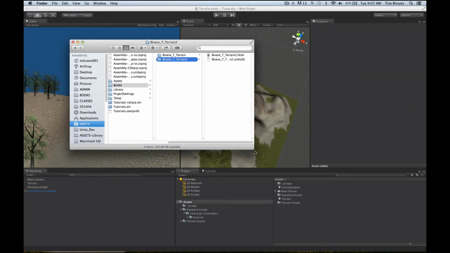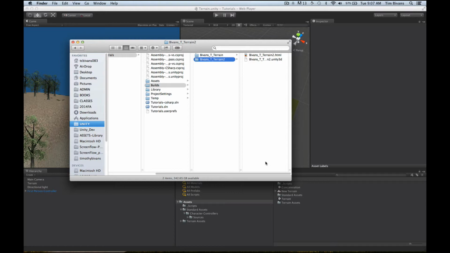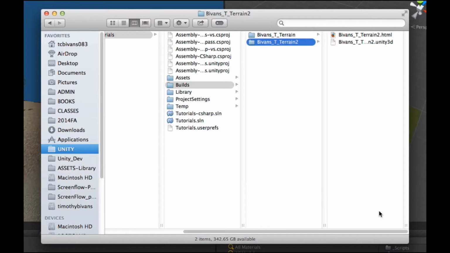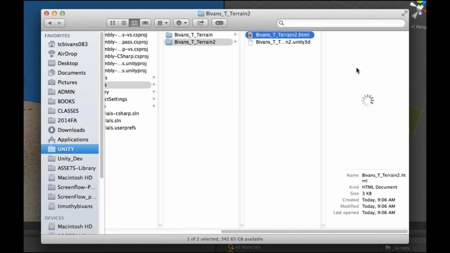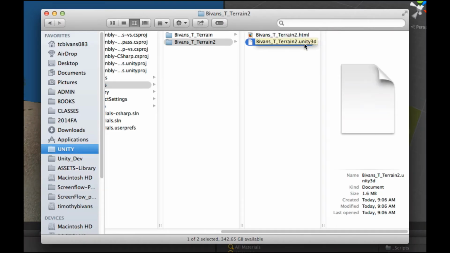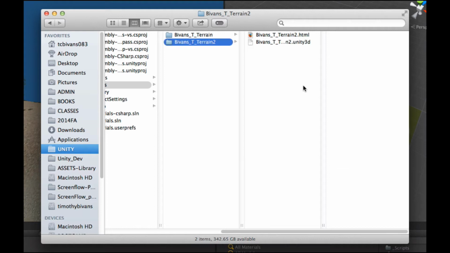Okay, and here you have it. Once the web player is built, you should see in your folder an HTML file and a Unity 3D file. This is not a Unity file, it's Unity 3D. If it just says .unity, then that's one of the scene files, and that won't run in a browser. So now what you can do